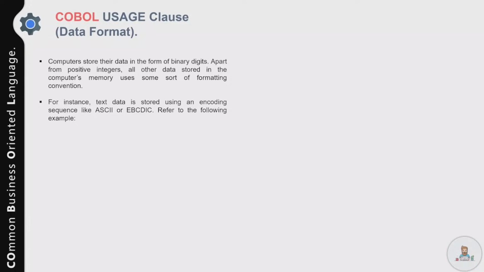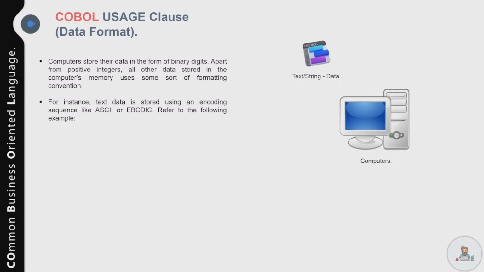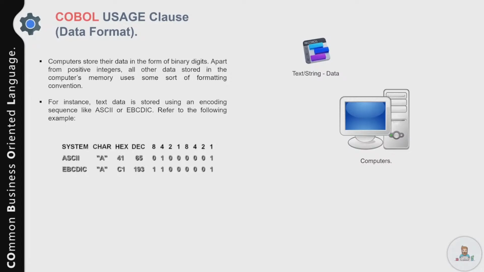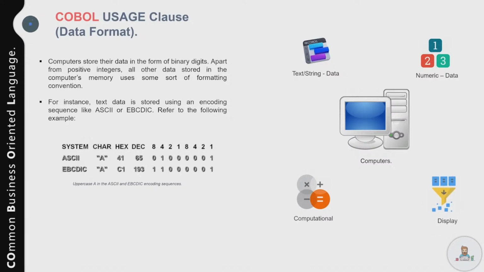Computers store their data in the form of binary digits. Apart from the positive integers, all the other data stored in the computer memory use some sort of formatting convention. For instance, text data is stored using an encoding sequence like ASCII or EBCDIC. Now you might be thinking, what is an encoding system? An encoding system is simply a convention that specifies that a particular set of bits represent a particular character. For instance, the following figure shows the bit configuration used to represent an uppercase A in the ASCII and EBCDIC